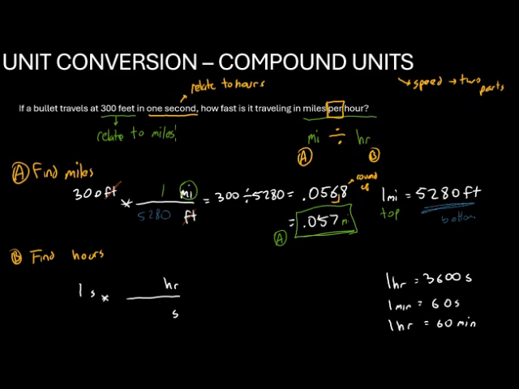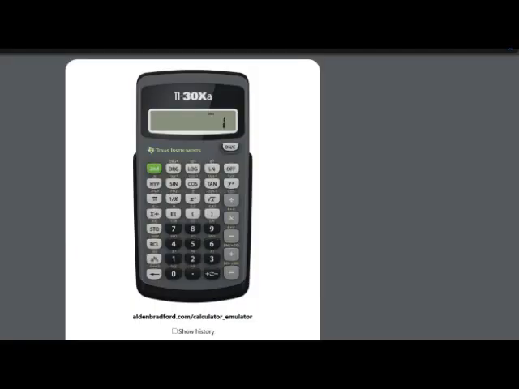However, if you want to go from hours directly to seconds, it may be easier just to remember that 1 hour is 3,600 seconds. Since hours is on the top, we're going to place 1 next to the hours. And since seconds are on the bottom, we'll place 3,600 next to the seconds. Therefore, our operation is 1 times 1 divided by 3,600. We'll go to the calculator and now do that operation. We enter 1, multiply 1, divide 3,600. When we press enter, we get